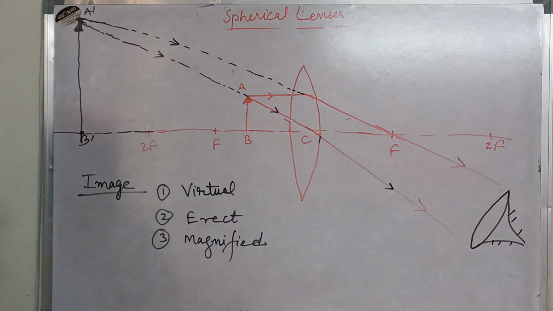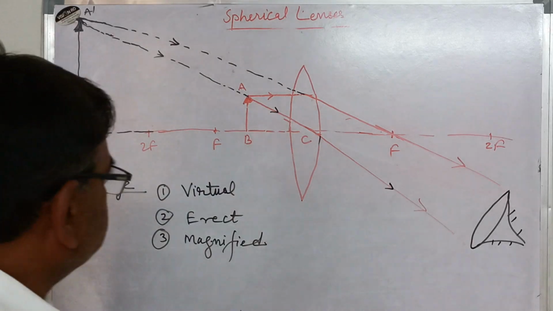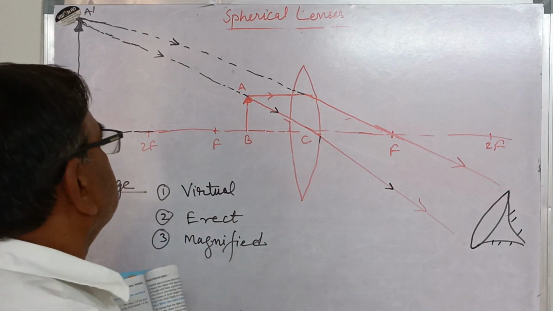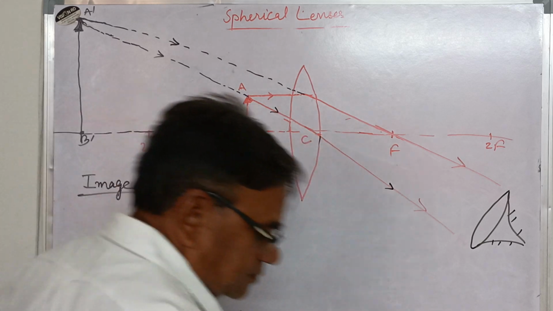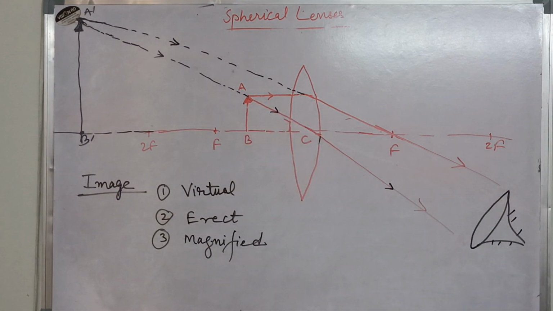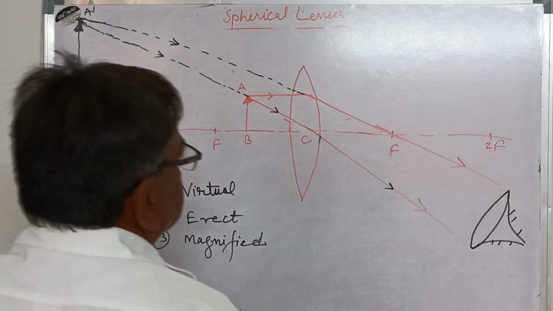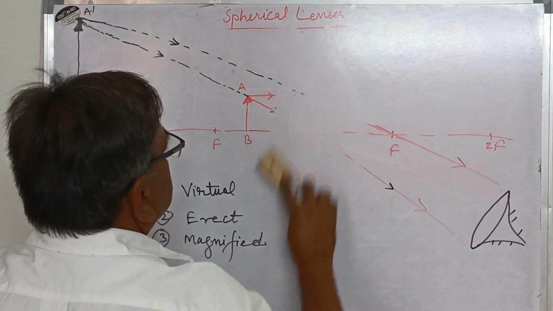It is magnified, enlarged or magnified, larger than the image. So this is the case when the object is between C and F, optical center and focus. Now the next case. Next case is, let us